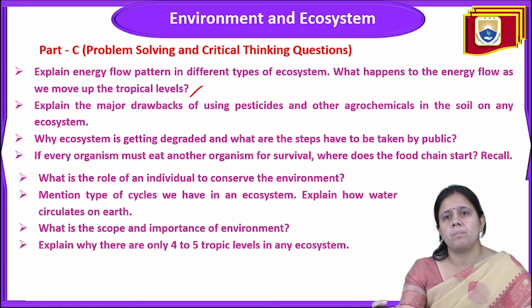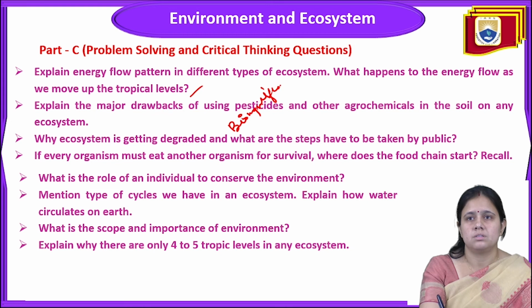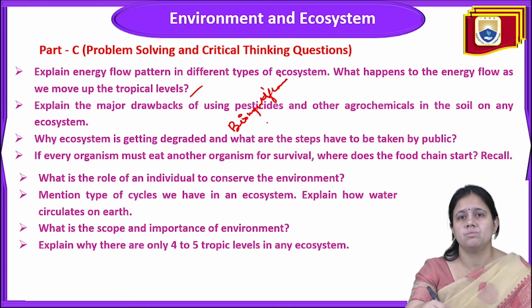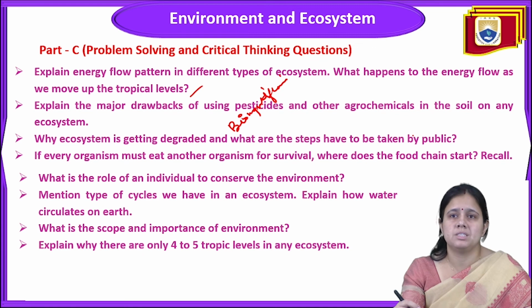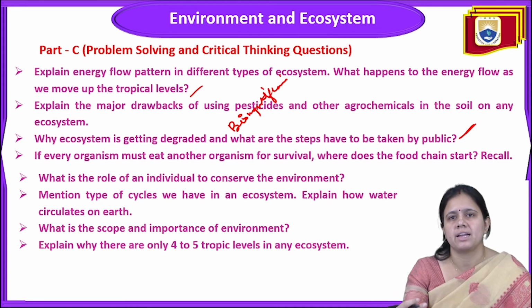And then: explain the major drawbacks of using pesticides and other agrochemicals in the soil or any other ecosystem. Again here you have to discuss biomagnification. Then: why is the ecosystem getting degraded, and what steps have to be taken by the public to stop it? Here you have to explain the degradation of the ecosystem, like overconsumption and over exploitation of natural resources, like cutting of trees and overconsumption of anything, and greenhouse gases and the cutting of trees for economic purposes and all